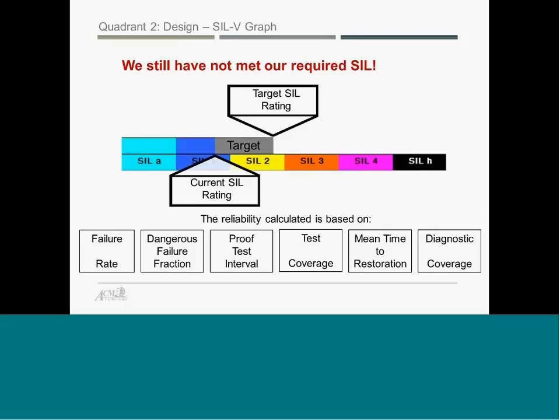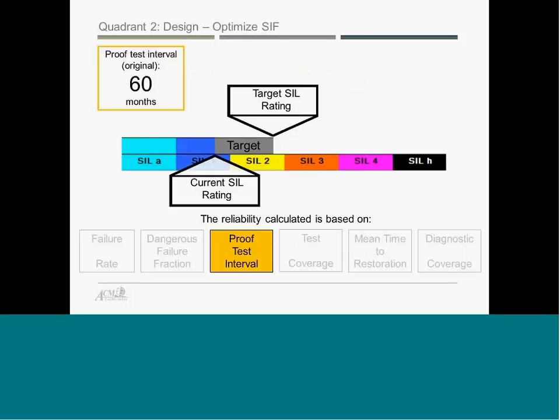We can change them and then find a new vendor, but the easiest thing to change is going to be your proof test interval. And in fact, the equation pivots the most on the proof test interval. So a small change in proof test interval makes a big change in your PFD. What you're going to be able to do in Profiler is choose proof test interval to pivot the entire SIL calculation on. So we started with 60 months proof test